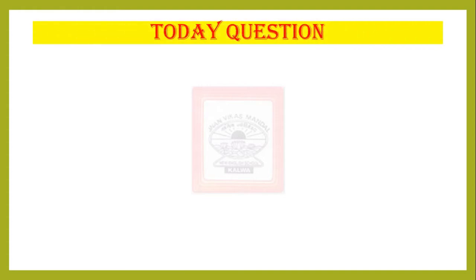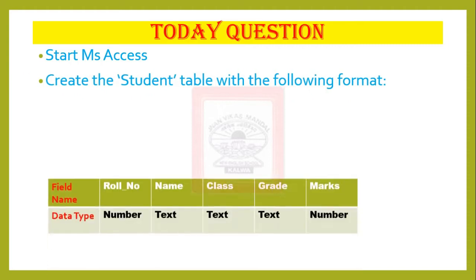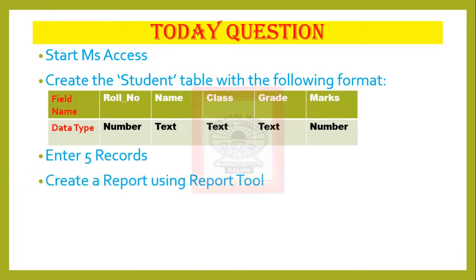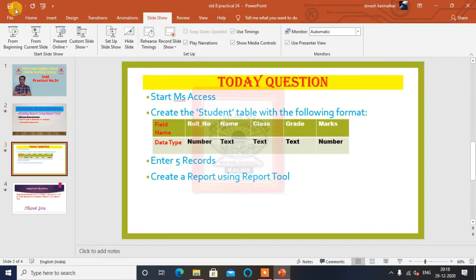Now, the steps will be here as usual. Last time, the same table we are going to use, the students table, which has these fields already. We have typed this, if you remember. I will enter the records. All this we are done, half the part. Only we are going to create a report using the report tool. That same table I am again opening, and we will revise the report wizard once again for better understanding.